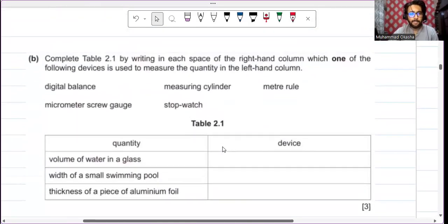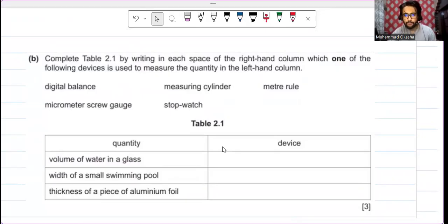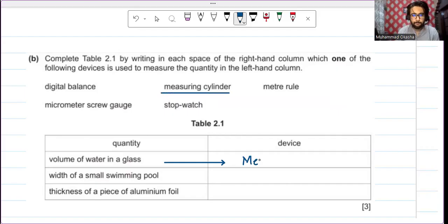Next, complete table 2.1 by writing in each space on the right-hand column which one of the following devices is used to measure the quantity in the left-hand column. Okay, volume of water in glass, of course, we just talked about this. Instrument for measuring volume is measuring cylinder, right? I will write this. Measuring